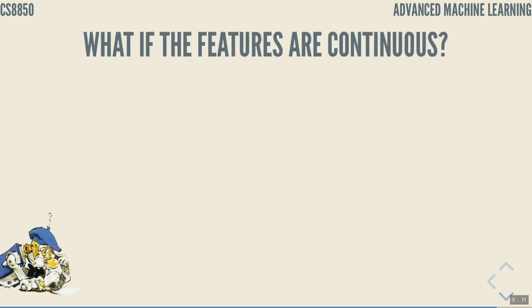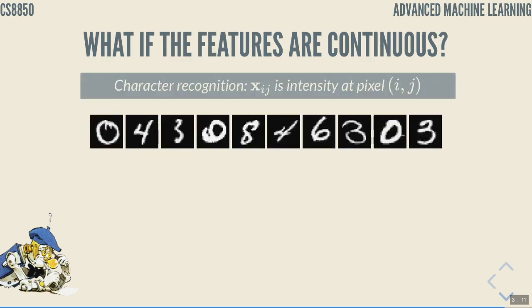That's naive Bayes, but what if the features are continuous? What do we do then? Can we use naive Bayes, or is naive Bayes only good for discrete features and for spam filtering? Well, as I said, likelihood and prior in naive Bayes could be of your choosing, and you can just modify them